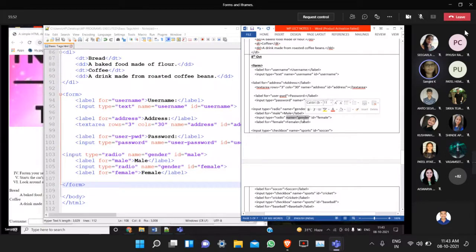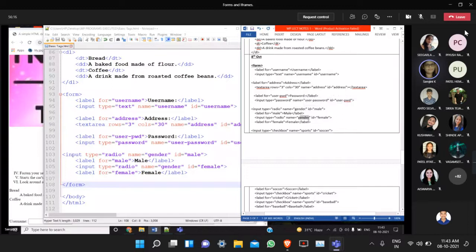That means using the name attribute, I am identifying that male and female both belong to one set of radio buttons. So the value of the name attribute should be the same here. That's mandatory. Note it down, students.